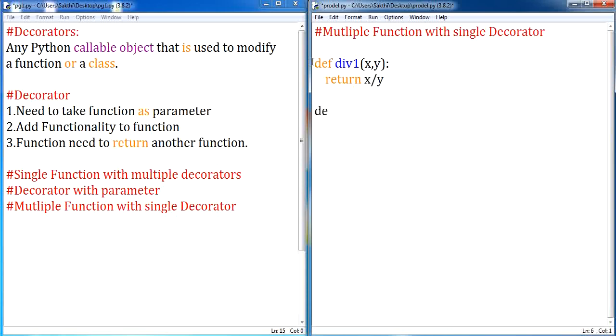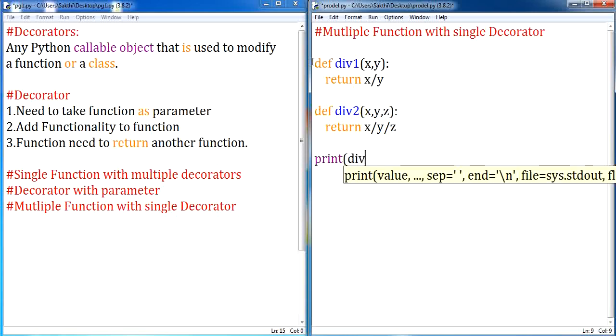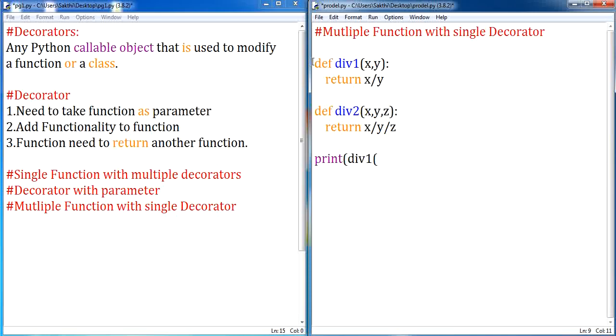And let me write one more function, div2, where this function accepts three parameters, let it be x, y and z. And where I am going to do division of these three numbers, x divided by y divided by z. Let me call these two functions: print div1, and this accepts two parameters, let the parameters be 10, 2.